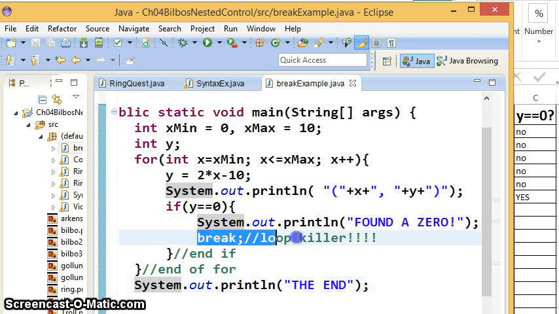Now, every loop does not need a break statement, so please don't put a break statement in every loop. Every loop will die of old age eventually, and just because there's a break statement in the loop doesn't mean it's going to actually happen. So for example, if I said that this thing,